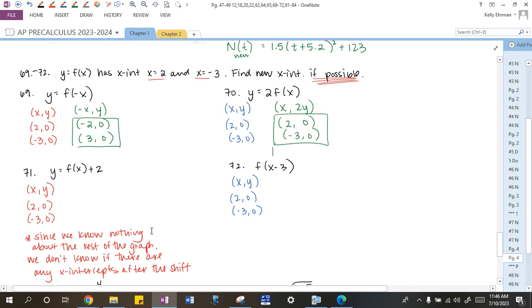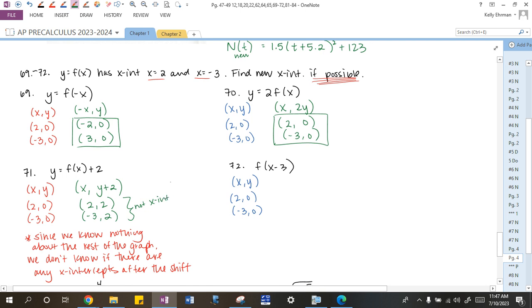Now we have a vertical shift of up 2. So we don't normally write the math for this, but what that's going to do to each y value is add 2 units. So the point that was at 2, 0 is now at 2, 2. And the point that was at negative 3, 0 is at negative 3, 2. So these are no longer